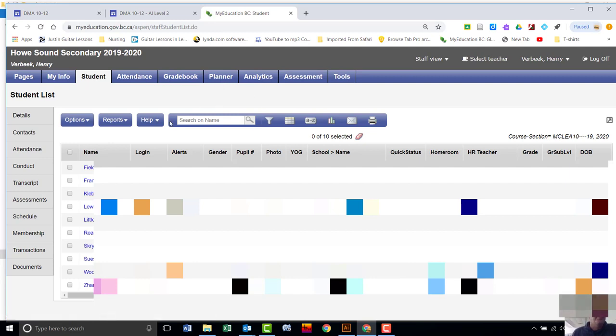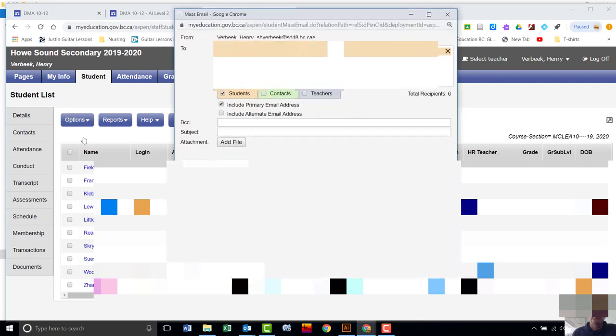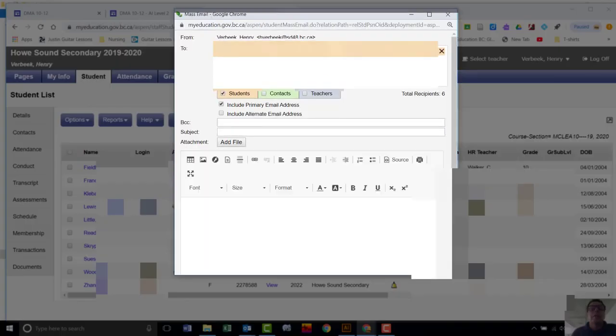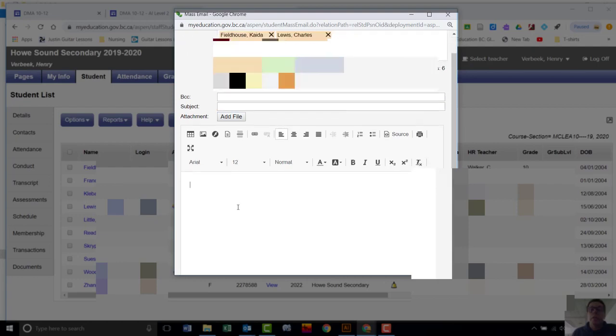And then from there I can go to options and send email, and then it populates the emails, and I can choose students, contacts, which is their parents, and their teachers. Usually you're just going to use that, and you fill in your subject, and you fill in the email, and